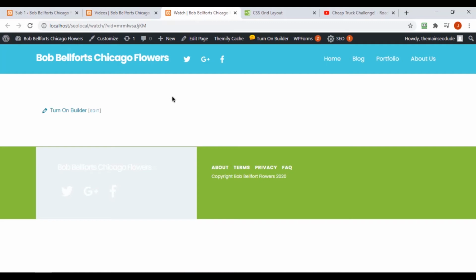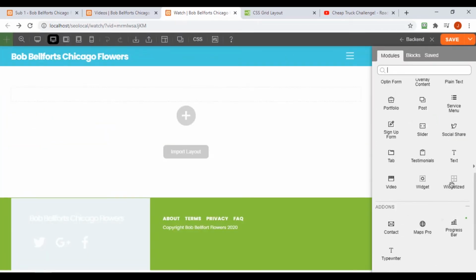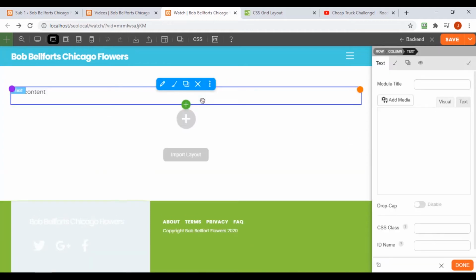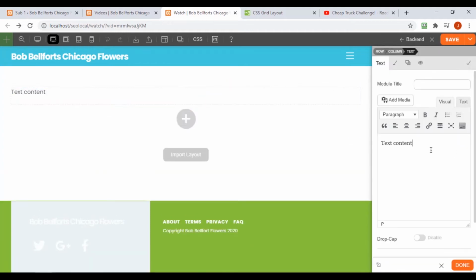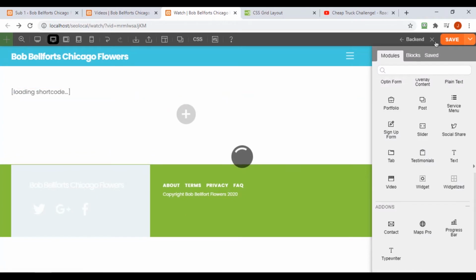Okay, so back over here on our vid page, I'm just going to add the shortcode. Actually, I don't want to go to edit page. I want to just turn on the builder. I want to pull in a text box. And then I want to add my shortcode, and I have to put square brackets around it. Now it just says loading shortcode, and it does. And then if we exit it,